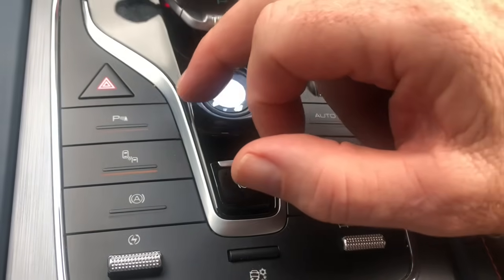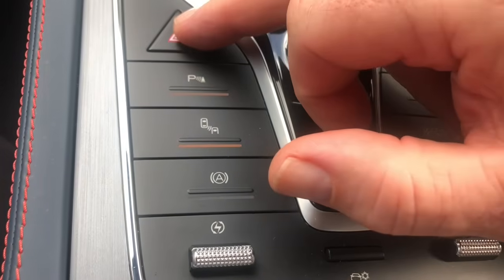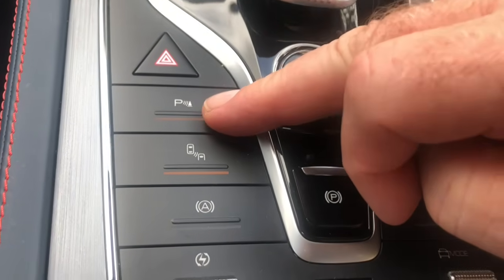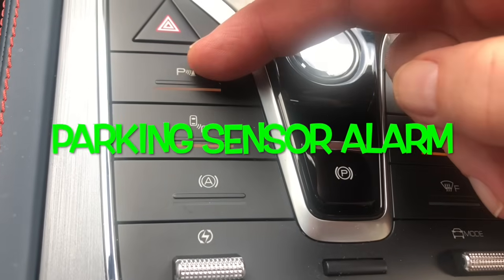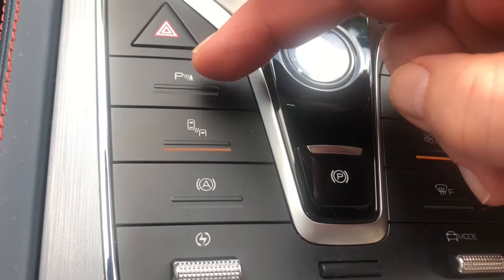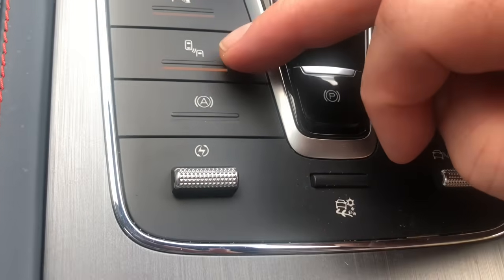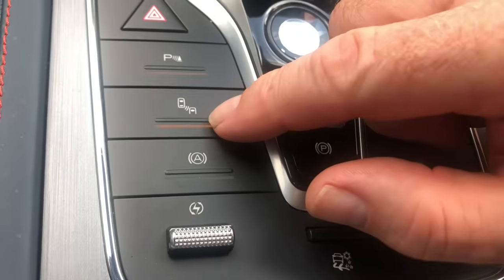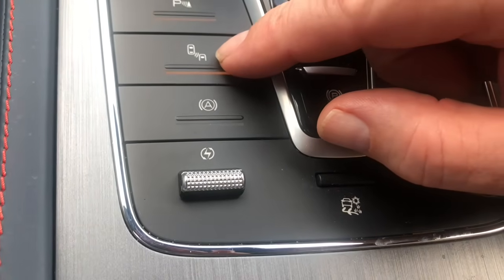Just on here we've got all sorts of sensors. This is the hazard lights that we all already know about. This turns off all the parking sensors, but I don't know why you'd want to turn that off. So off, no light means it's off, and then on. And this is a symbol of two cars coming together. So I guess it's the autonomous